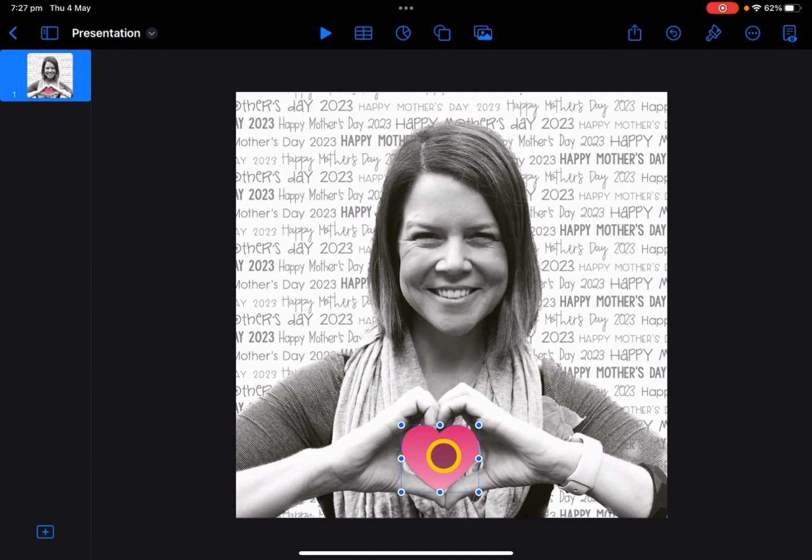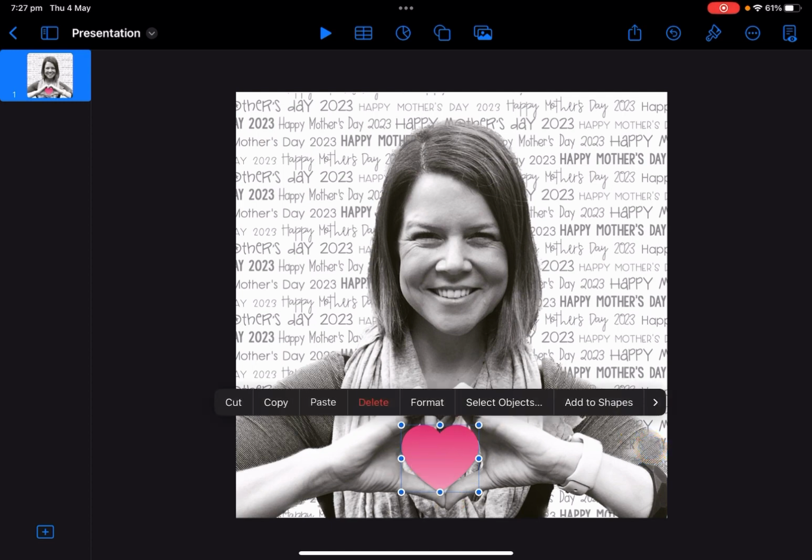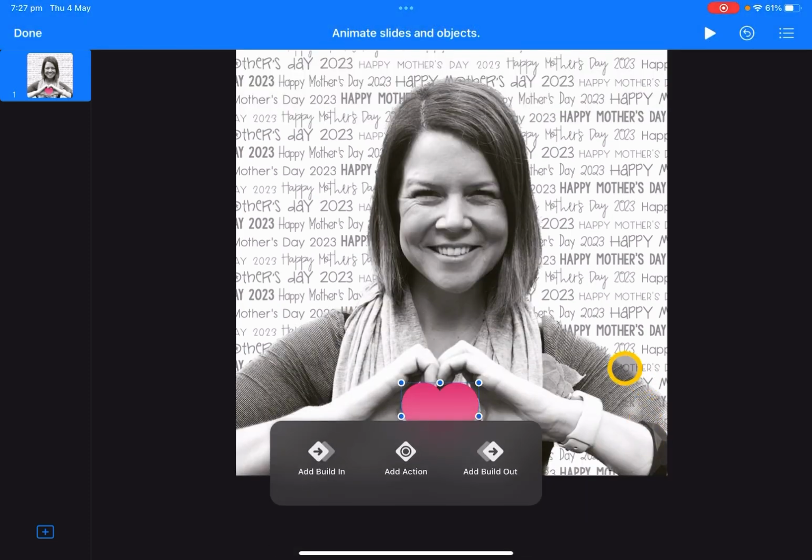Now we're going to animate this heart. So whilst it's selected, if I tap on it again, some options will show up. And if I was to tap over here on this arrow, there will be animate. With animations, you have 3 choices. We build in, we have an action, or we build out. The build in shows how the object's going to appear. The action shows what the object's going to do on the screen, and the build out is how the object